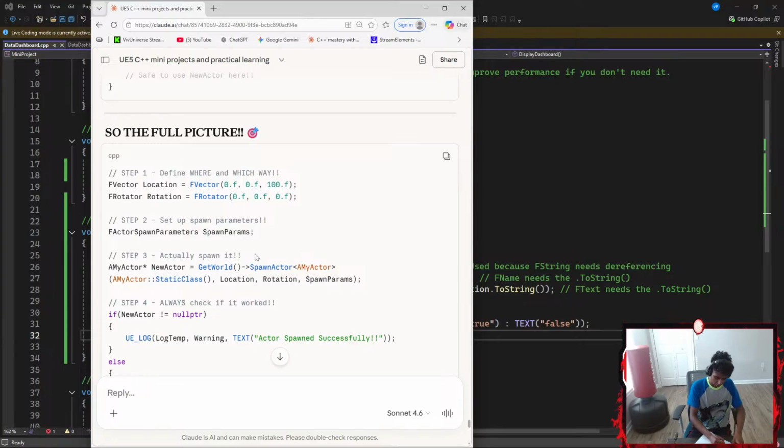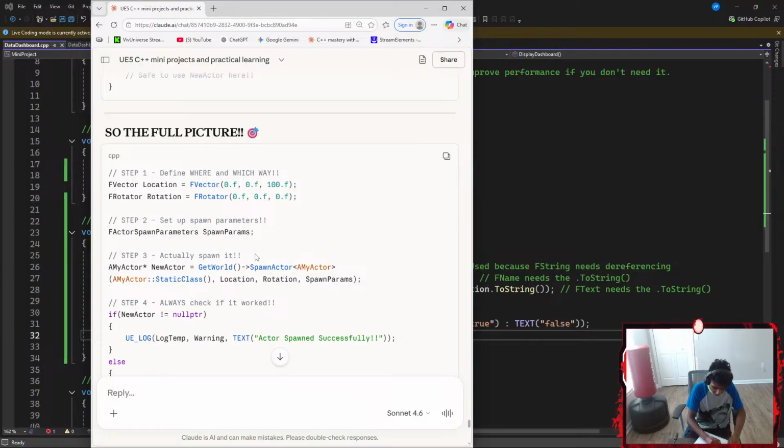So the source code starts with this. Let's go with something like Step 1. Okay, define where and which way. So I'm going to go with an FVector, which is going to be represented by a local variable called Location.